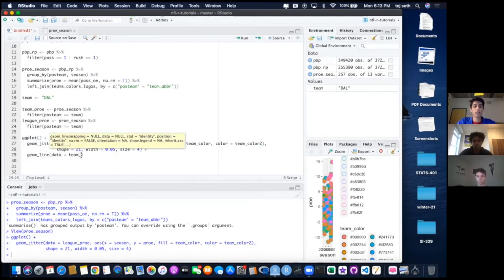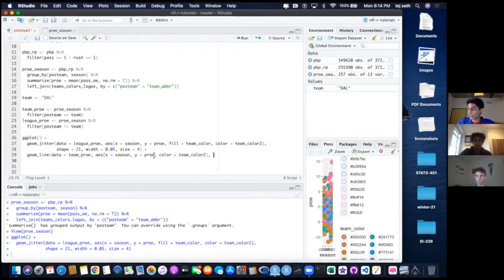So now we want to do the line for the team that we want to plot, like their pass rate over expected. So we can use the team data set this time, and we can do the same thing: x equals season, y equals pass rate over expected, color equals team color or team color 2, doesn't matter. And then we want to make this line bigger than default, so we'll do size equals 2 outside of the AES, because 2 is not something in the data set. These are all variables that are in there. Same thing for